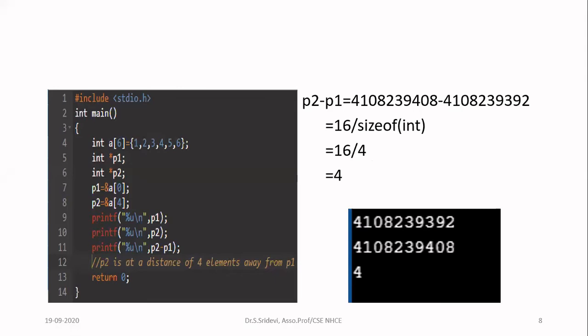Generally, we never use pointer subtraction for subtracting normal data type pointers. When we use arrays, in that case only we will have a collection of elements. So if you want to see how many elements are between those two pointers in the array, only in that case will you go for subtraction. So we will use addition and subtraction only with pointers pointing to arrays, not with general pointers.